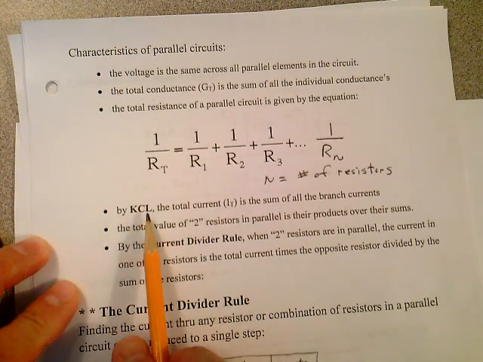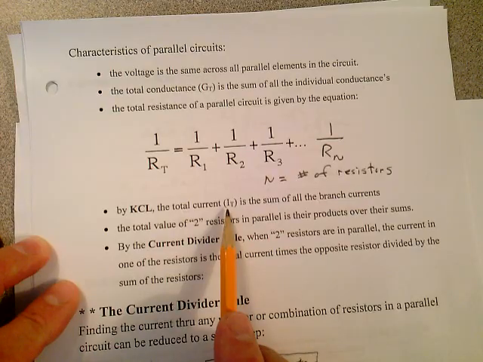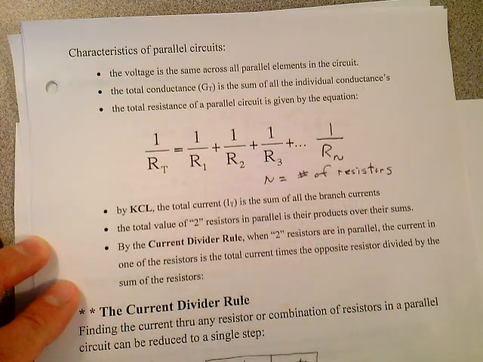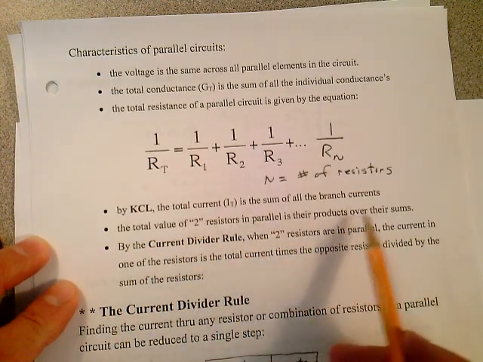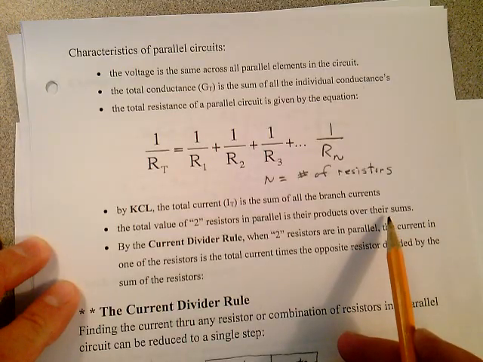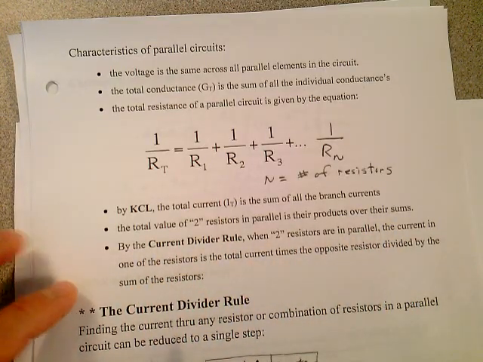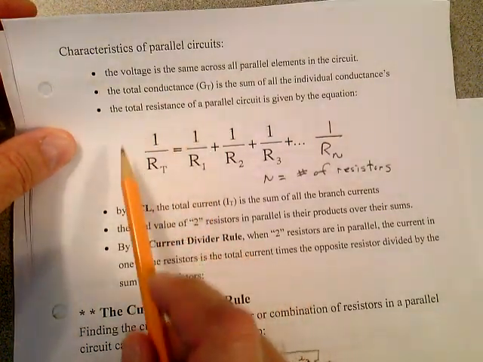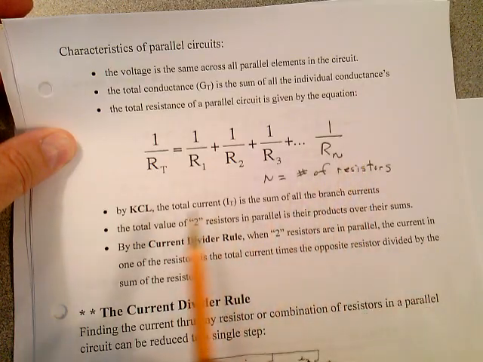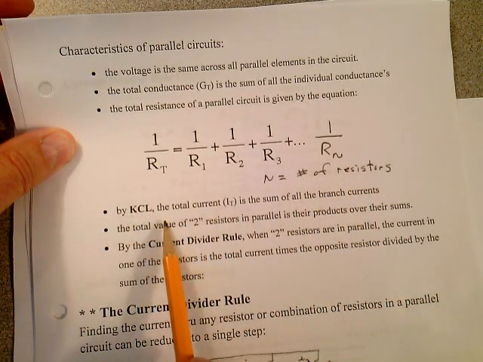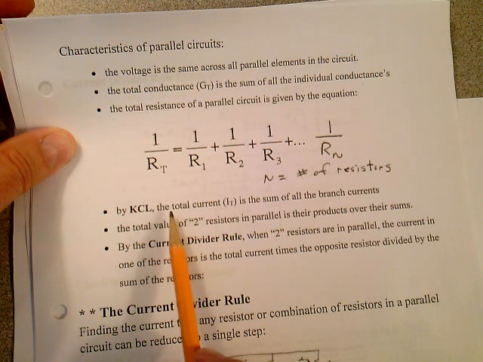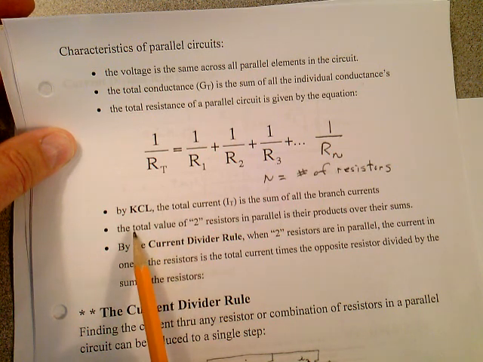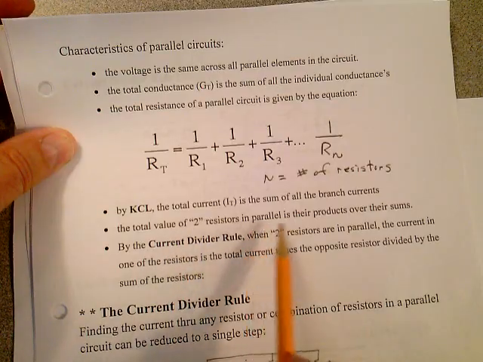By Kirchhoff's current law, the total current I at T is the sum of all the branch currents. The total value of two resistors in parallel is their products over their sums. So let's start looking at that in a little bit more detail. I'll show you a couple examples here of how that works. We're going to use this total resistance. We're going to use the concept of this Kirchhoff's current law, which we've discussed before,